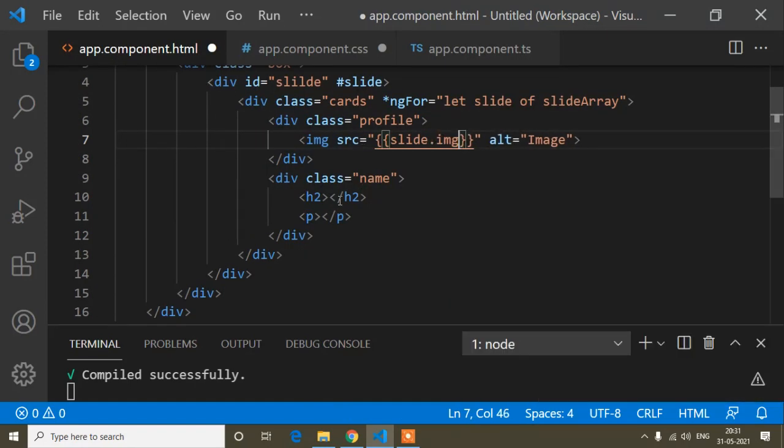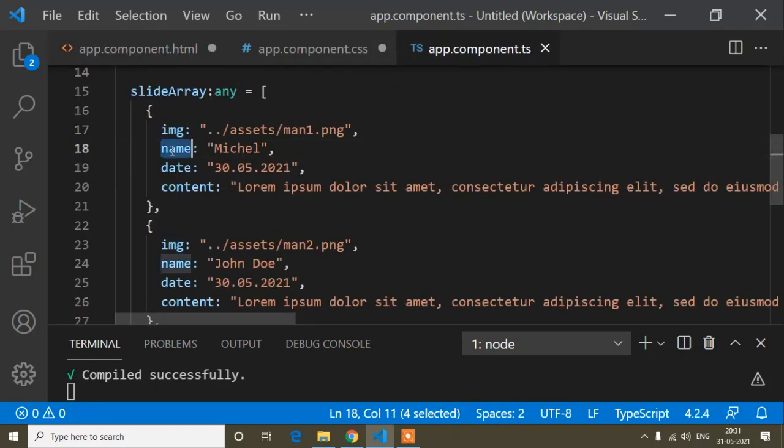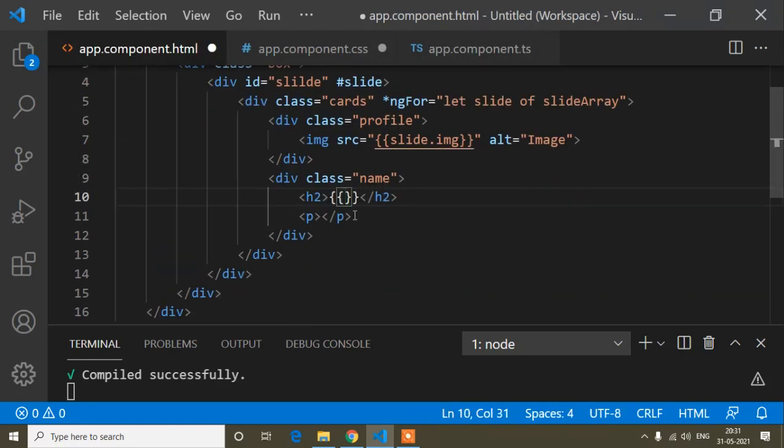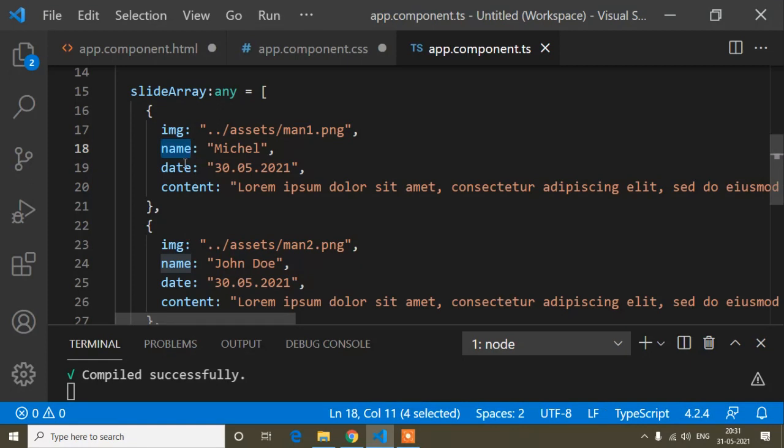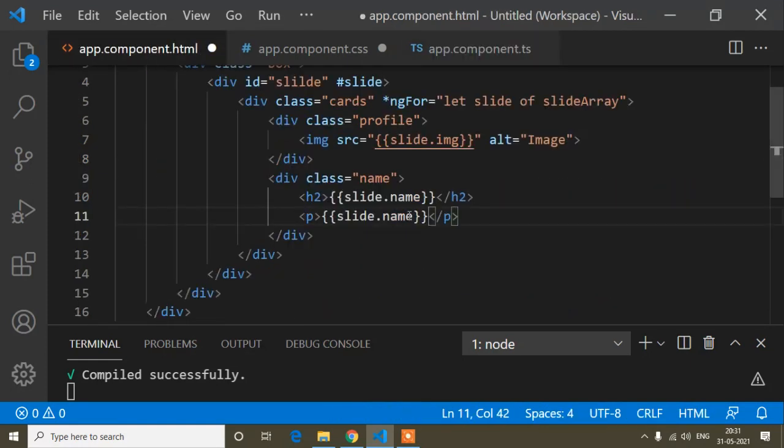And now here I want to bind the name property. So this variable dot name, and again I will copy, and here I want to bind this date.